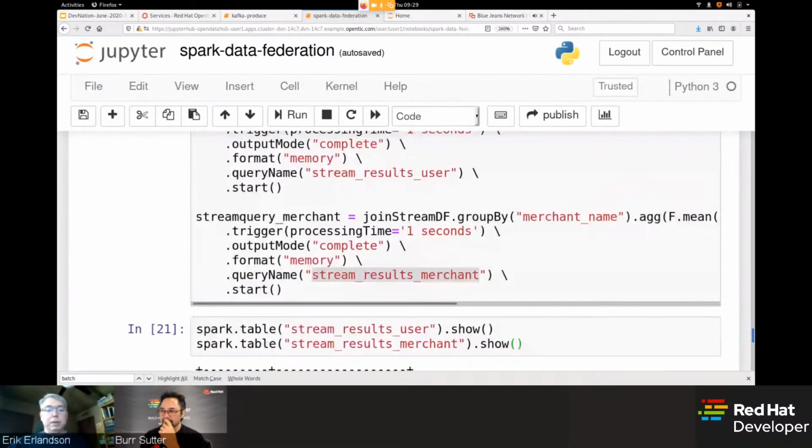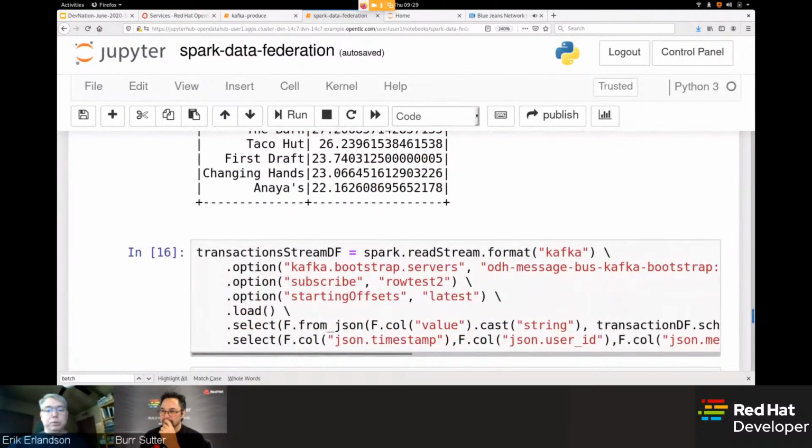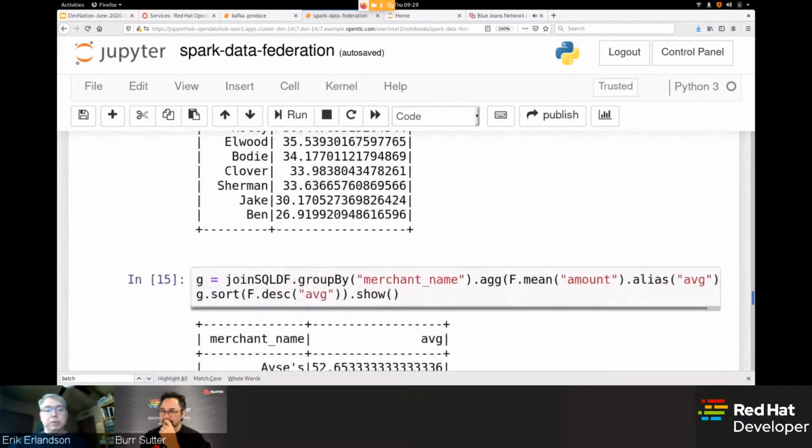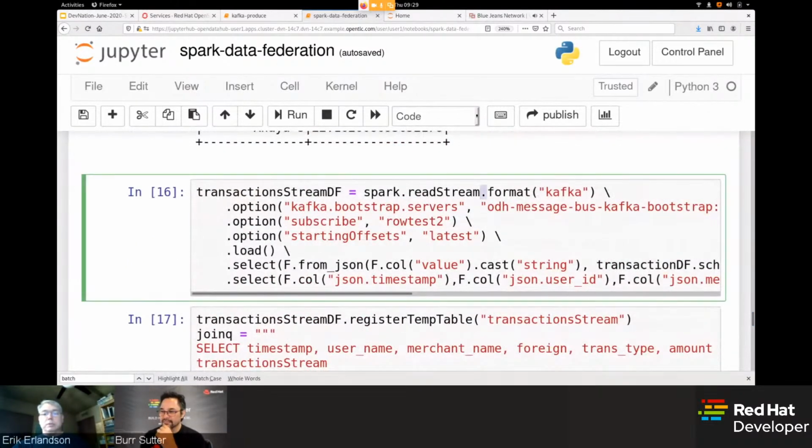So if you look at what it looked like to attach a data frame, yeah, this dot format here is kind of like how you control that.